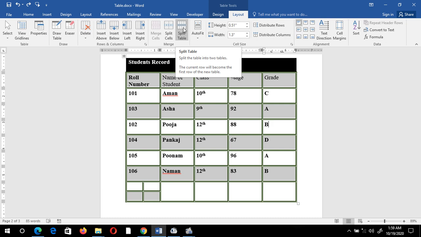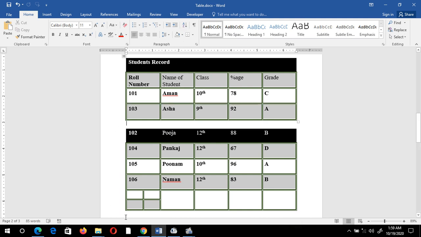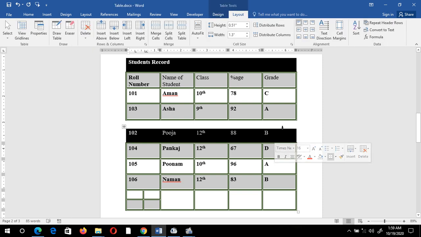I am going to press it. Now you can see my table is split into 2 tables. If you observe, the first row is the heading row that has been colored black, as in the upper table. So in this way I can create 2 tables from 1 table.